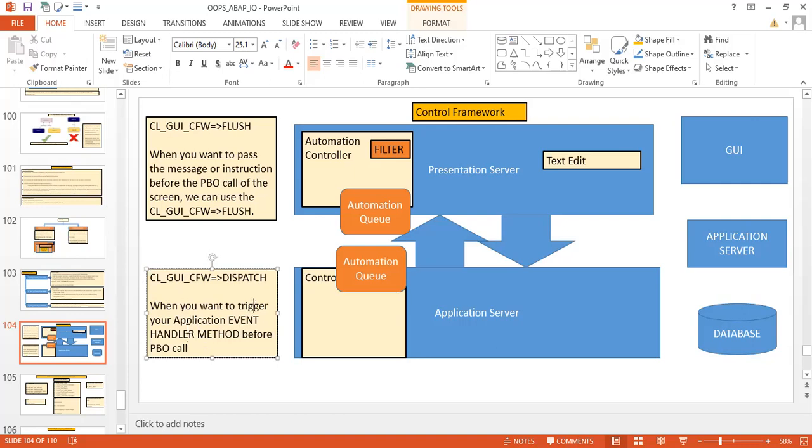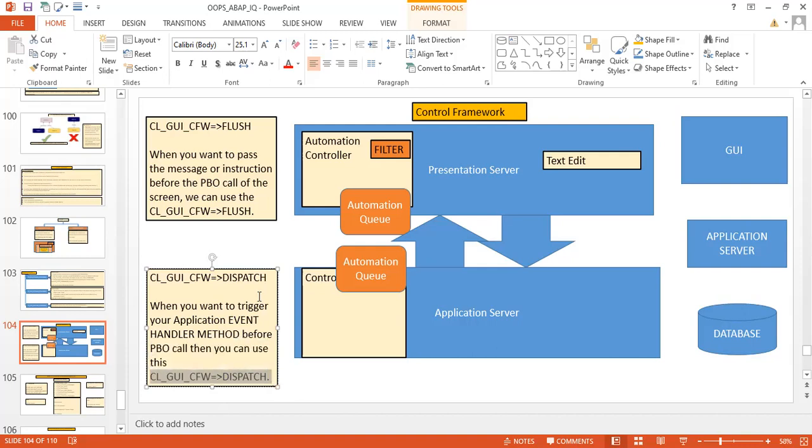When you want to trigger your application event handler method before the PBO call, you can use CL_GUI_CFW. Based on your requirement, you can call this directly and it will trigger that event handler method. It actually interrupts the flow, because whenever you write this statement in your program, it jumps directly to the event handler method.